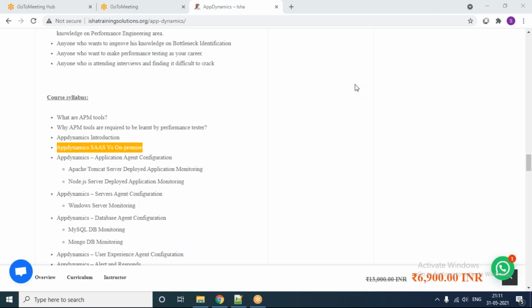Understood. At least if not configuration, maybe a theory class on how we can configure it. That is pretty much possible. At least the theory part, so we can try on our own instances. Definitely, Sunil, that is still possible. I don't want to give you any kind of false commitment that I will do this or that. If it is possible, straight away I will say yes. So this theoretical coverage, yes, it is possible, Sunil. I'll do that.